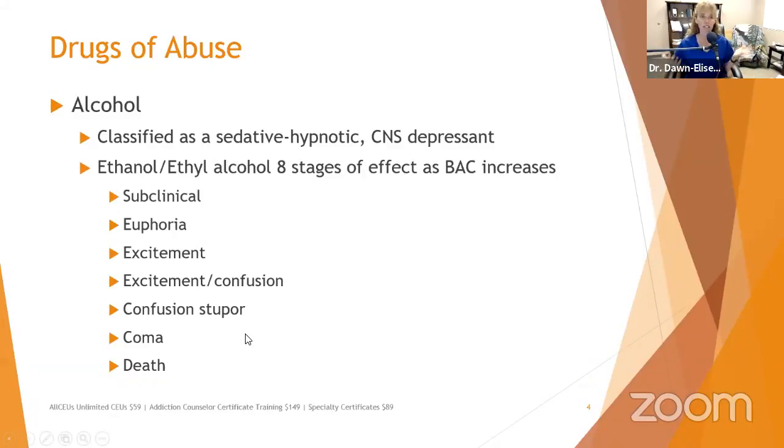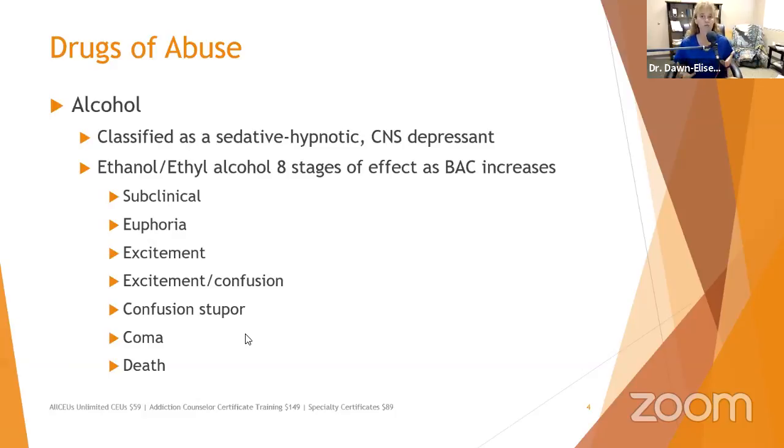So let's start out looking at some of the drugs of abuse. Alcohol is classified as a sedative, hypnotic, and a CNS depressant. Now, the interesting thing with alcohol is the initial stage when people are buzzed or intoxicated, it is more of a sedative. It tends to lower inhibitions. But as it starts to wear off, it wears off faster than the body can start making GABA again. So people start to feel anxiety, and a lot of people will start to feel an anxiety or a panic attack when that alcohol starts to wear off, which leads them to take another drink.